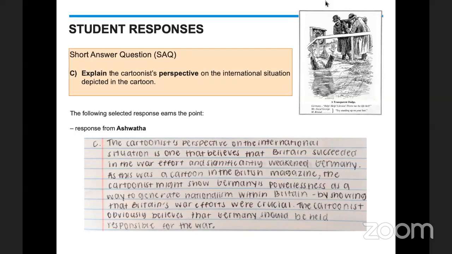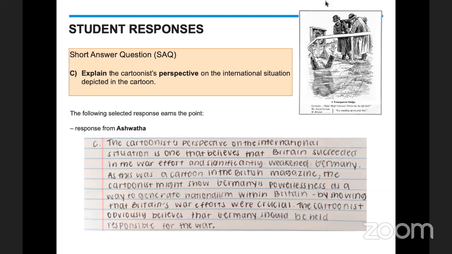And we have a couple of really good ones here. Before I get to the responses, we did read every response, even though there were well over 100. Where I saw errors, if there were errors, it was primarily on the C prompt, because what a lot of you were doing is telling me more about what was happening in the international situation, but this prompt is asking for the cartoonist's perspective. So make sure that we're reading the prompt carefully. What is the task that we're being asked to do?